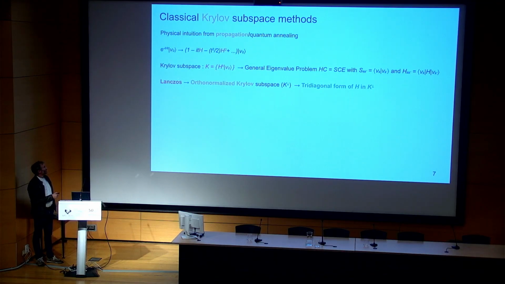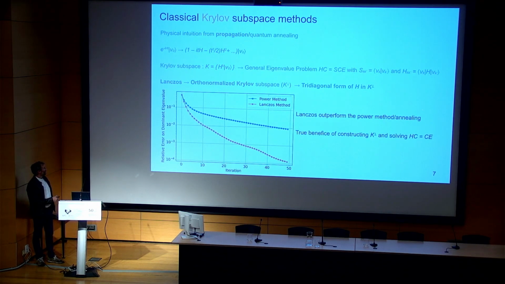dominant eigenvalue. The difference between Krylov and Lanczos is just that within Lanczos, at each step, you orthonormalize the vector with the previous ones. And you can show that for a Hermitian matrix, it gives you a tridiagonal representation, which is really easy to solve on a classical computer. So in this plot, I show you the convergence, the relative error for a random matrix. You just take, I think, a 1,000 by 1,000 random matrix as a function of the number of Krylov iterations you do. So for the power method, when you do not orthonormalize the vector at each iteration, and for the Lanczos method with orthogonalization,